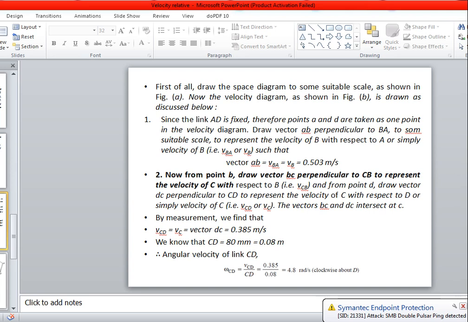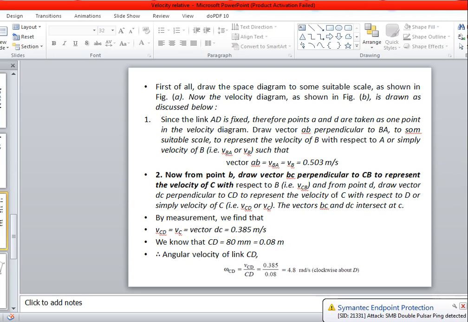Sir, if we draw the velocity diagram at half of that value, it will be right, sir. But in the last you have to give the answer in meter per second only. See, one value you have taken in meter per second, 0.503. Means all values should be in that range only. No, sir, that only I am getting as 0.25, sir. No, see, you have to convert back using the scale factor. You have to give that in meter per second only. That is the final thing. Okay, whatever, sir. One unit you maintain, you have to maintain the same units. So all will be nothing but meter per second only.